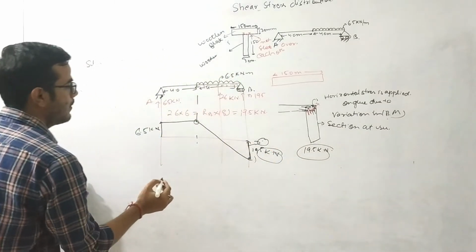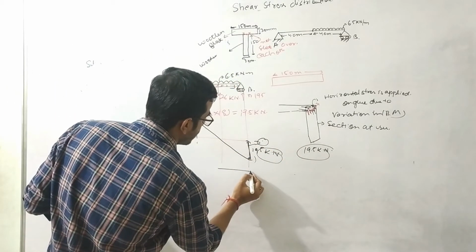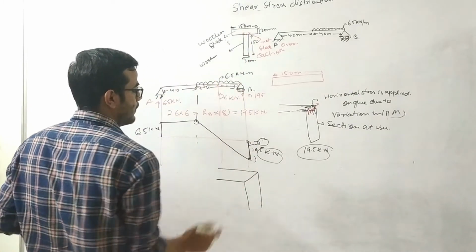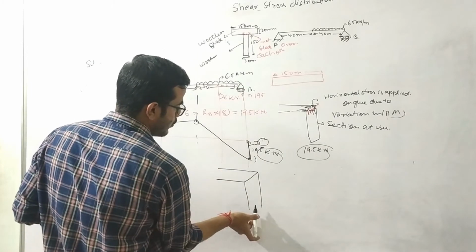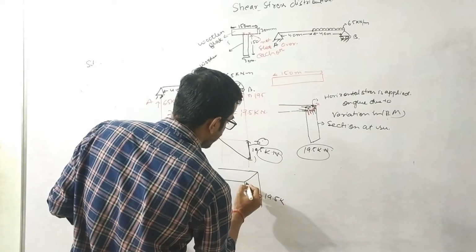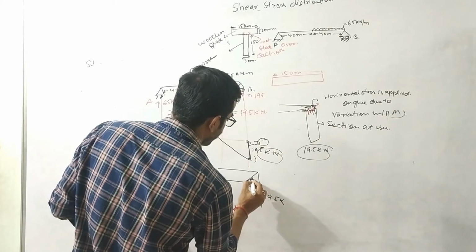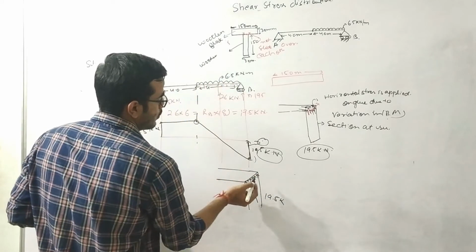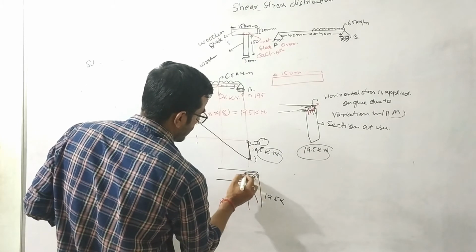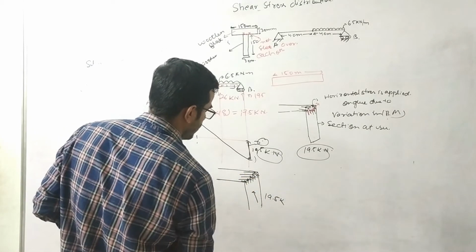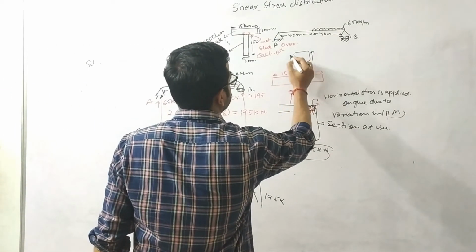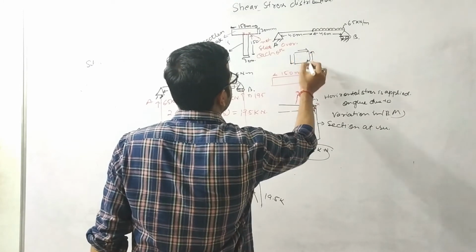So the effect at the cross section will be a shear force in upward direction. If I draw it over here, I am talking about this joint only. Due to this 19.5 kilonewton load acting upward, at this location I'll have some vertical, transverse shear stress, and the complementary of it will be the horizontal shear stress. So this is my horizontal shear stress. If this is my stress system, the complementary of this will be like this.